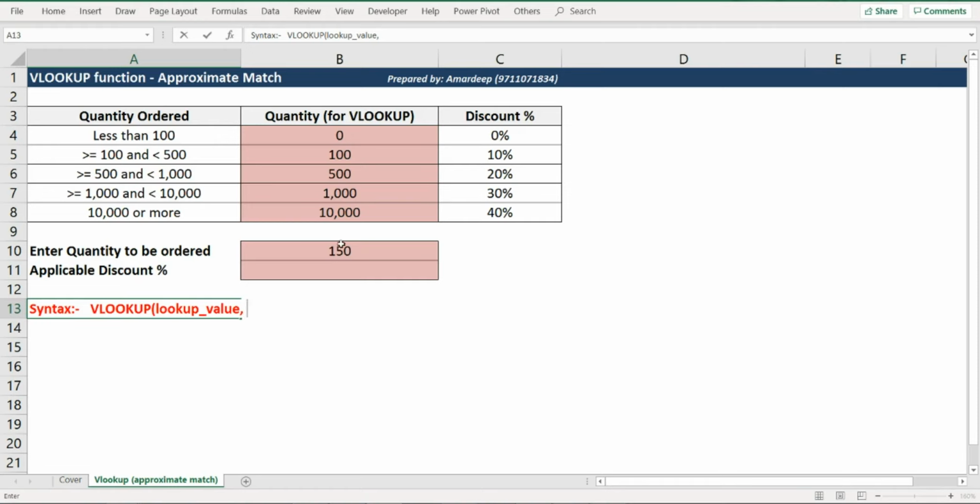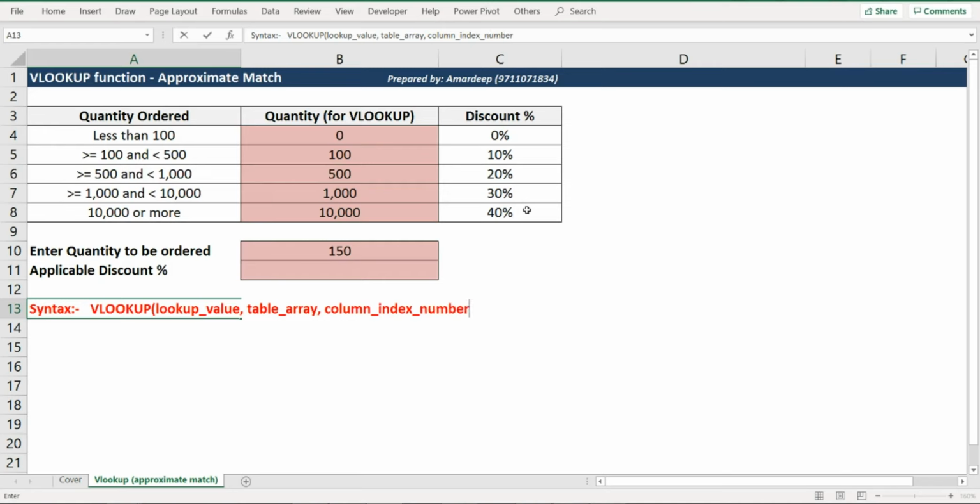Then you need to give a reference to the table array. Table array basically indicates the original table wherein the result is included and also the lookup value is included, which in our case would be the column B to C starting from row number 3 and going up to row number 8.